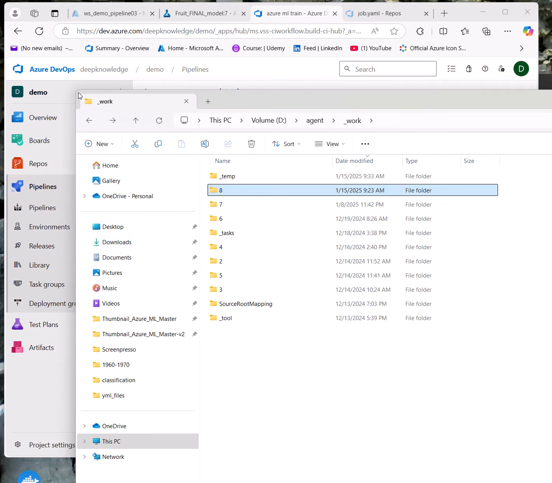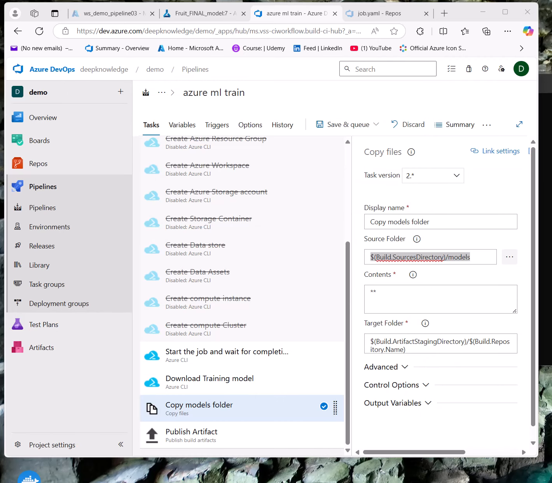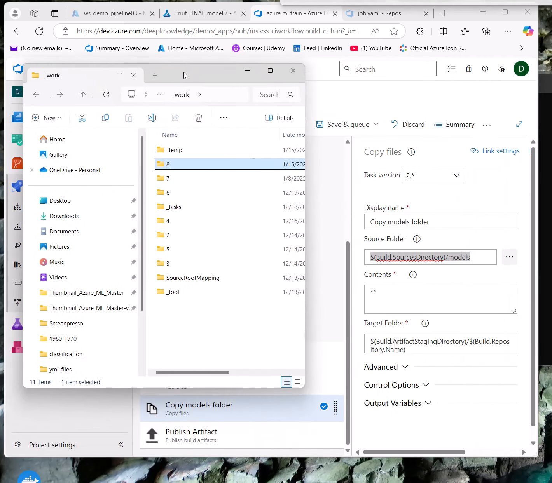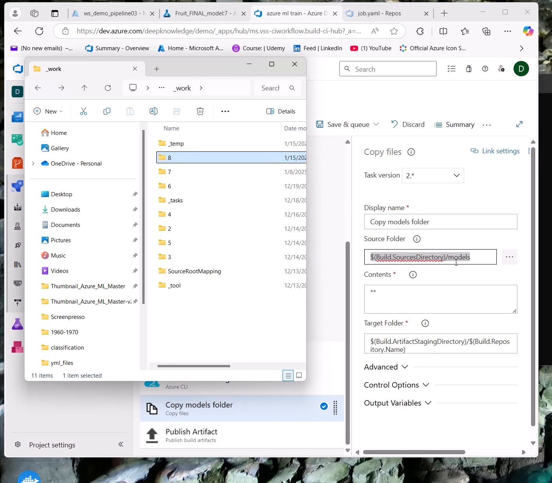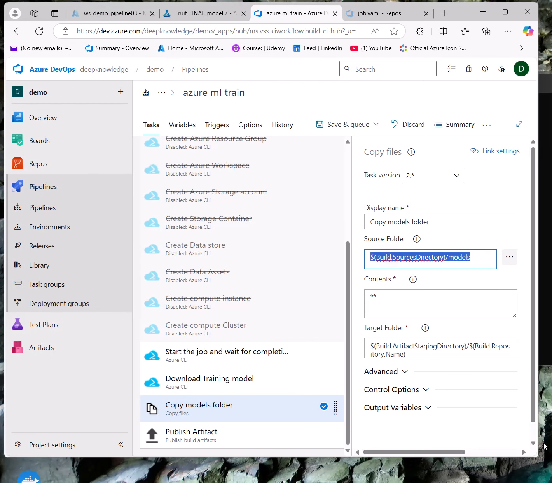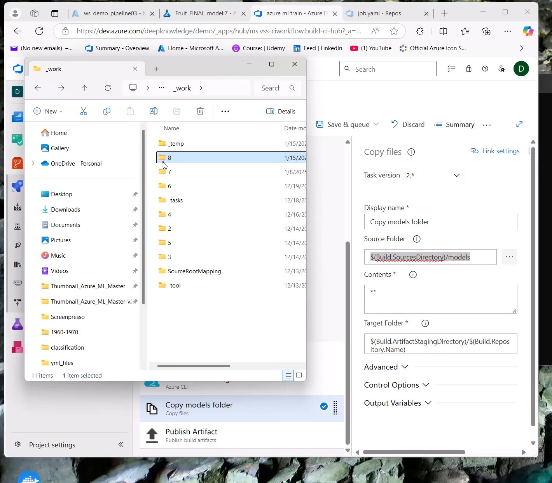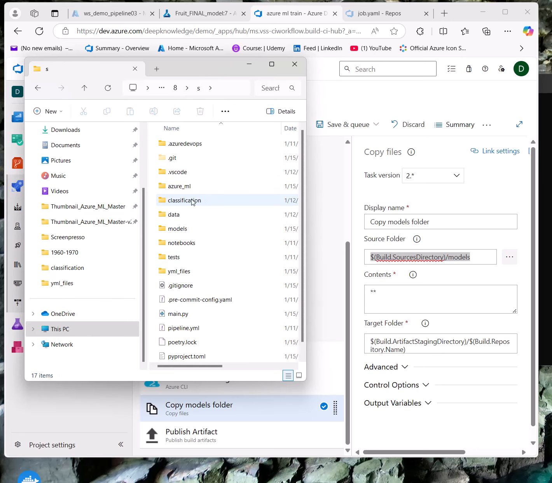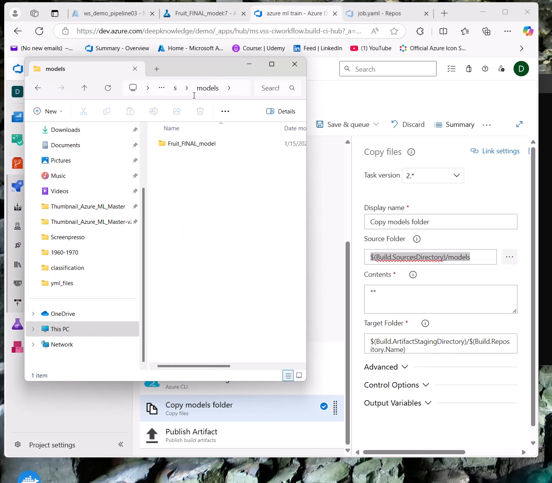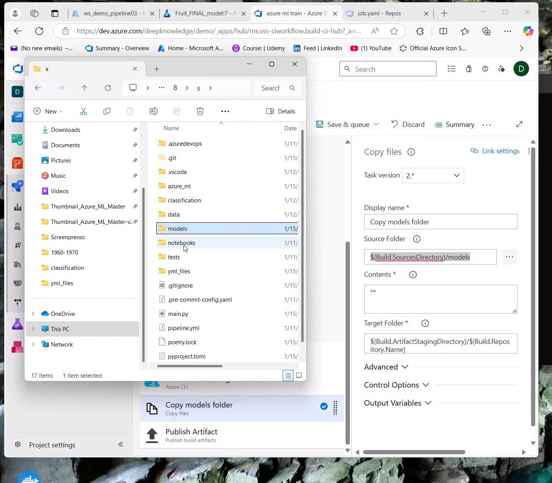It will copy the models from here. This is the source build directory. It will copy these models, and all of the content in this folder. Now, where to put this? The target folder will be the build artifact staging directory.